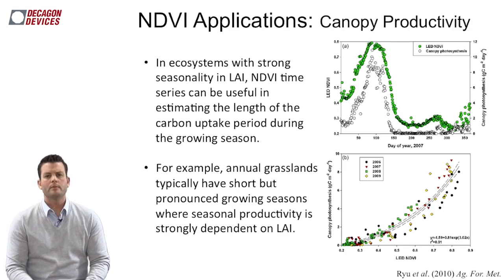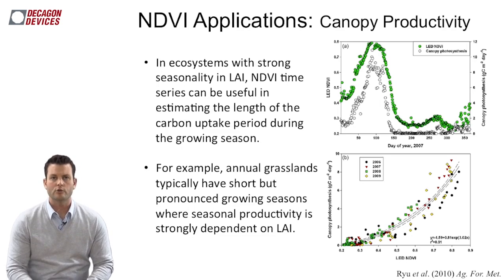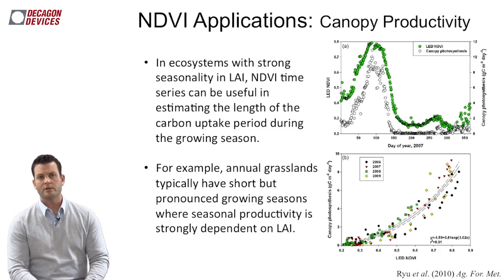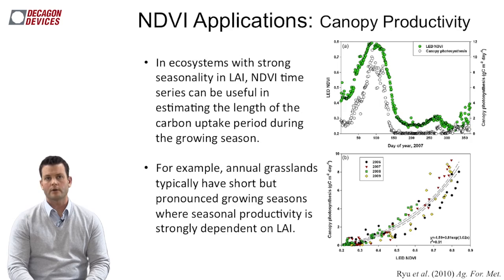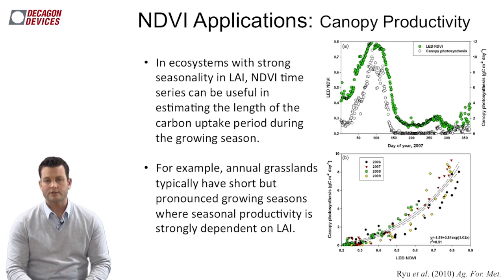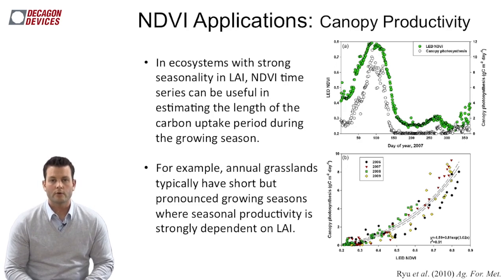So for example, this is a paper by Ryu where he tracked NDVI of an annual grassland over several years. So the NDVI values would be the green points that are plotted in the top right. And then the open circles in that same figure are photosynthesis measurements. And you can see that NDVI does a really nice job of tracking the timing and amplitude of photosynthesis in